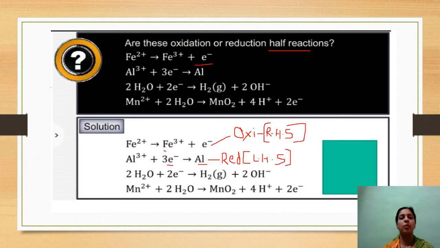और दूसरे वर्ड्स में हम कॉमन में कहें तो when there is a acceptance of electron, that will be a reduction. When there is a loss of electron, that will be considered as the oxidation. ठीक है. So similarly in this one reaction, 2 water accept 2 electrons and converted into hydrogen and hydroxyl. So this will be also considered as, yes बताइए बेटा, it will be also your reduction. ये भी हमारी क्या होगी, रिडक्शन होगी।